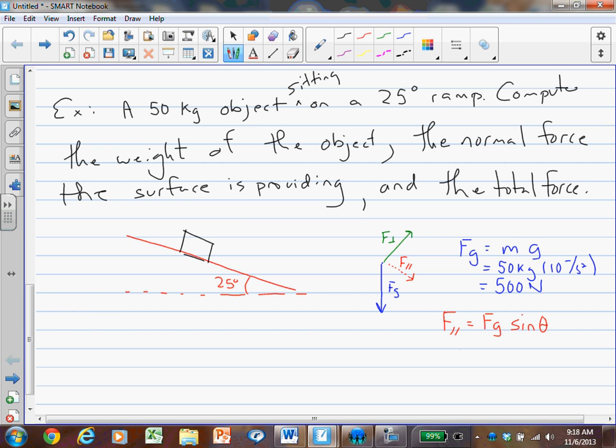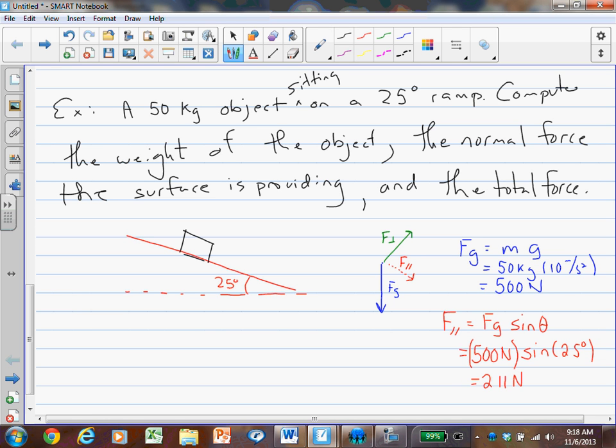But be careful, notice it's Fg, so it's in newtons. If you're given the mass, you've got to convert it to that. And you don't want to remultiply a force if you're given it in newtons times 10, because that doesn't make any sense. So keep an eye on the units. 500 sine 25 gives you 211